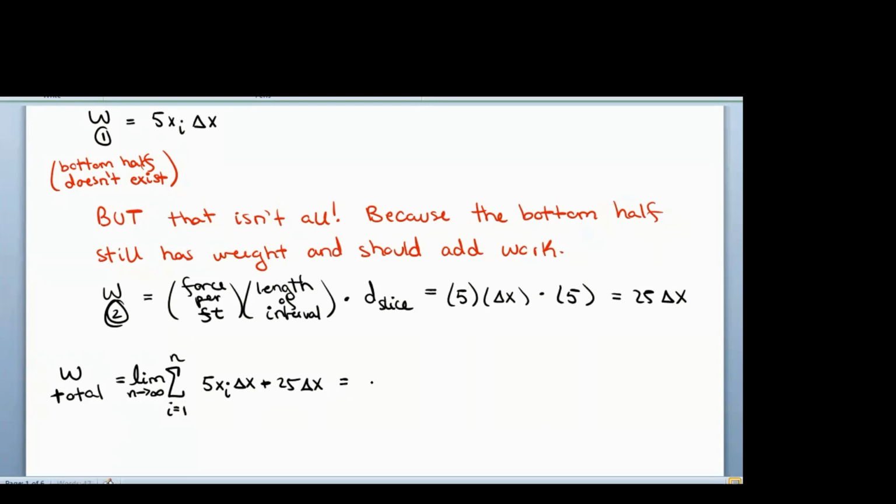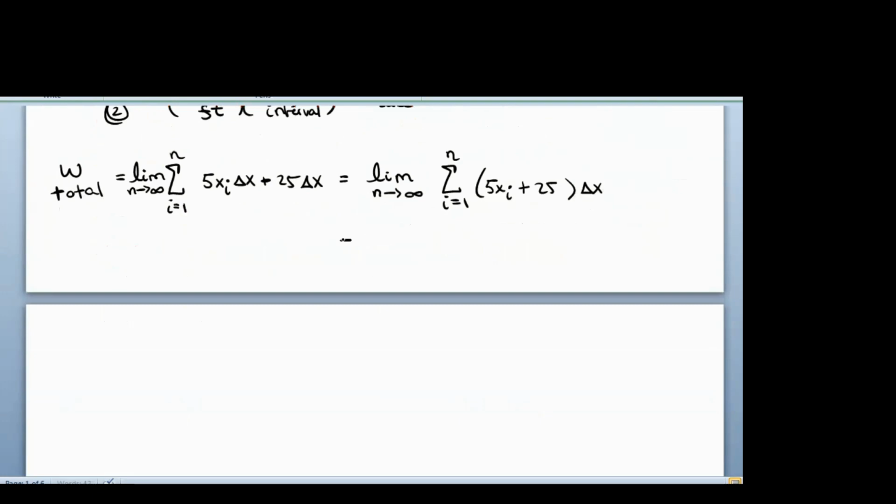And I'll rewrite this a little bit just so delta x is at the end. We do have a delta x in both terms, and so I'm just going to factor it out and put it at the end. And now this is just the definition of our Riemann integral,